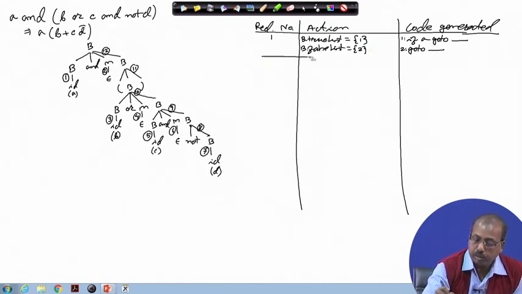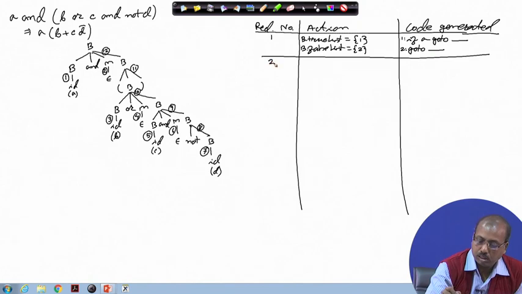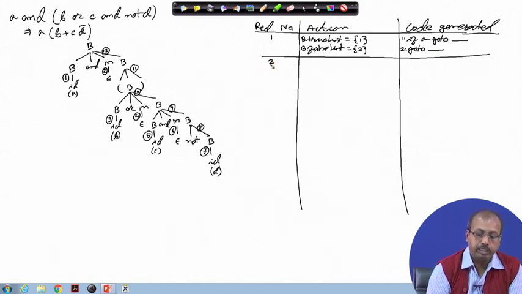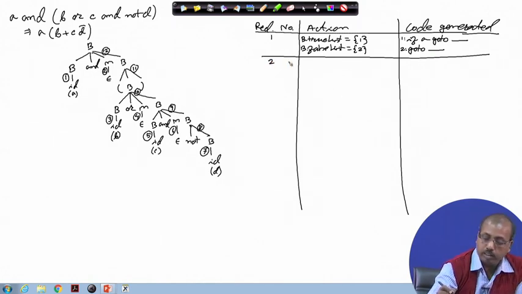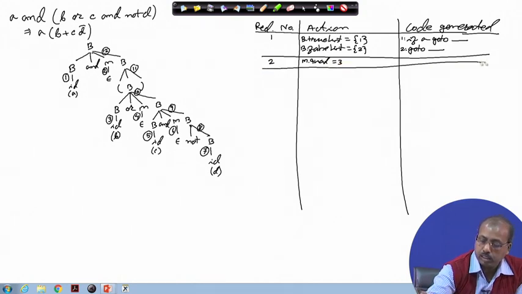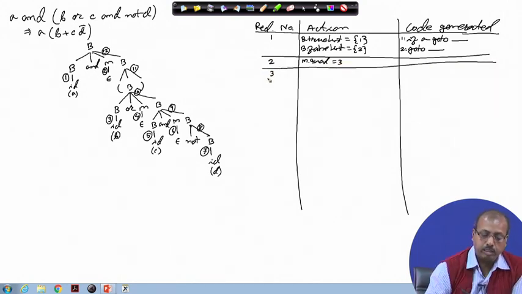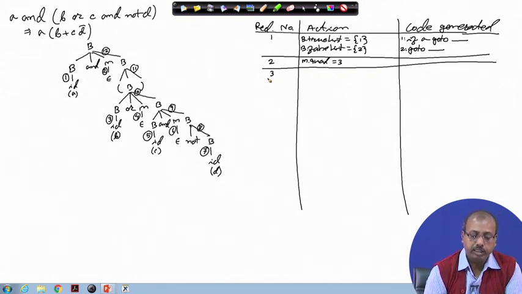At reduction number 2, that is M producing epsilon, the only action is M dot quad is equal to next quad which is 3. At reduction number 3, again we have got B producing ID.